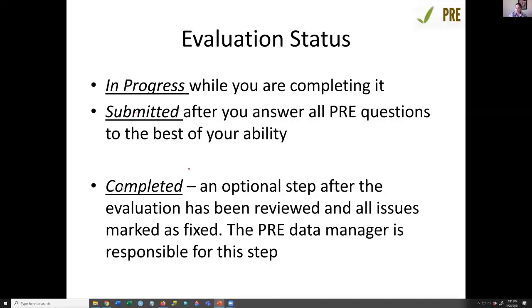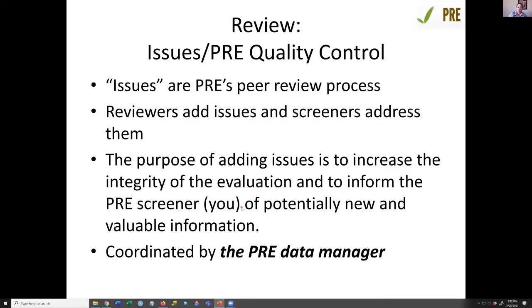There's an optional step at the end, depending on what your organization wants to do about having a review and marking everything as fixed and really making it ready for the public, and that would be completed. So that's the optional step. If it is reviewed, and some of you might want to be reviewers on this, then the way PRE handles